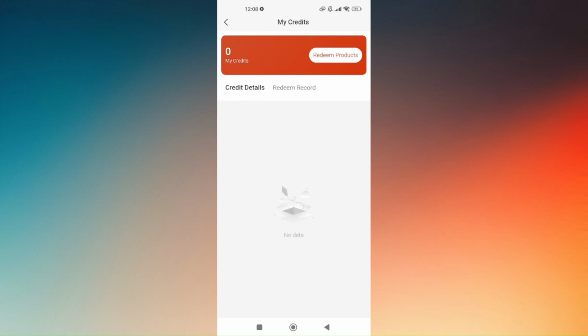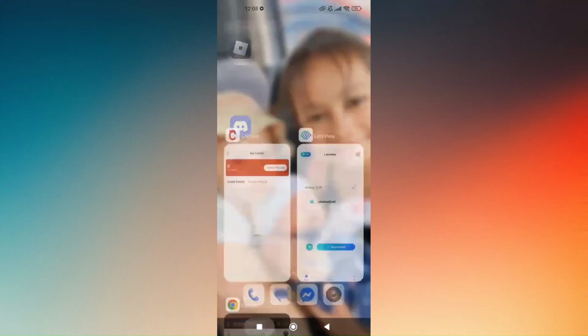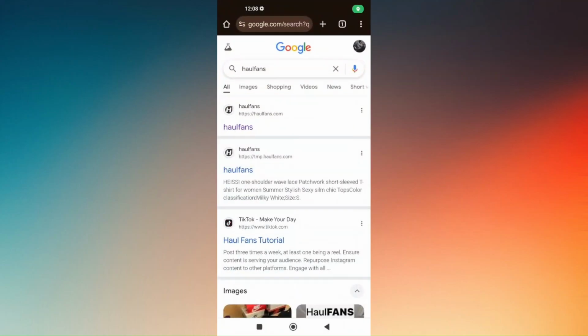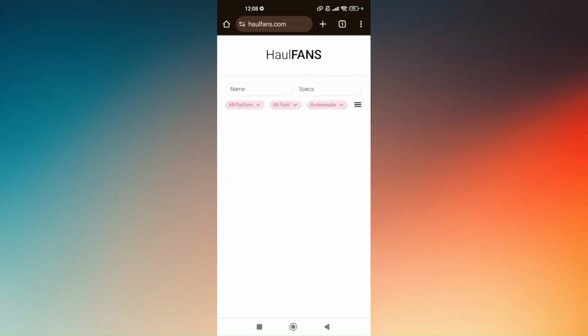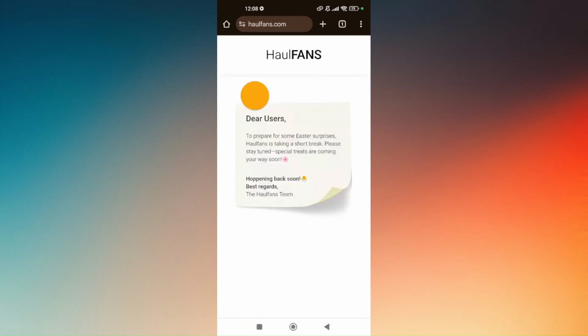Now, for you to be able to use or redeem your credit on CNFans, you're gonna have to use your browser on the phone. So you just have to use any preferred web browser, and then in here, you just have to type in Hoobuy. If you tap on that, it is currently under maintenance, but what you will see right here is tons of kinds of products that you could try to use and redeem codes on